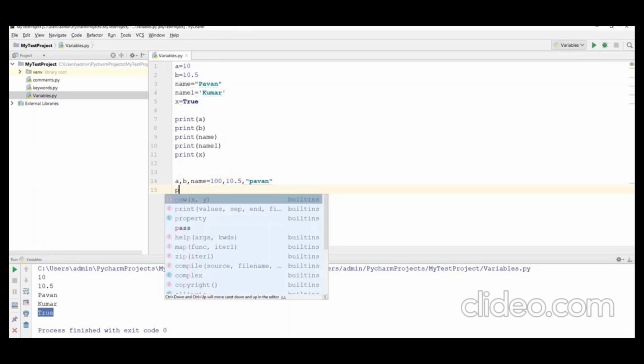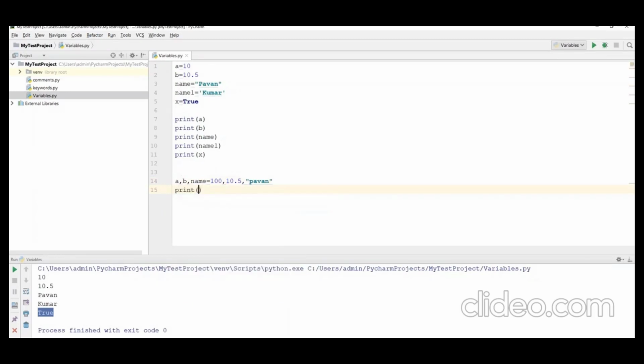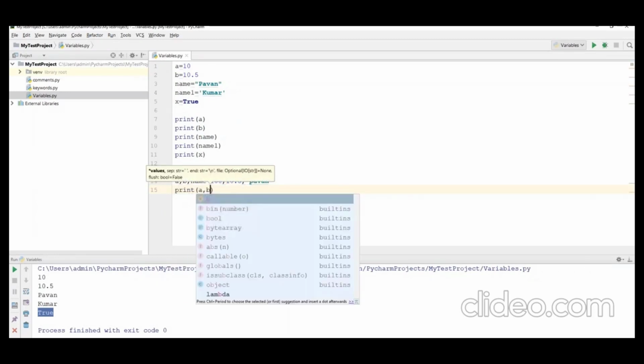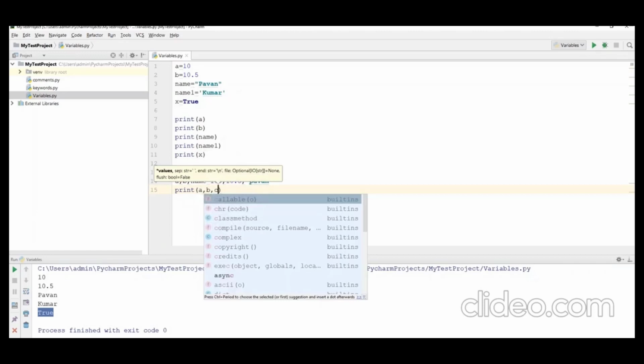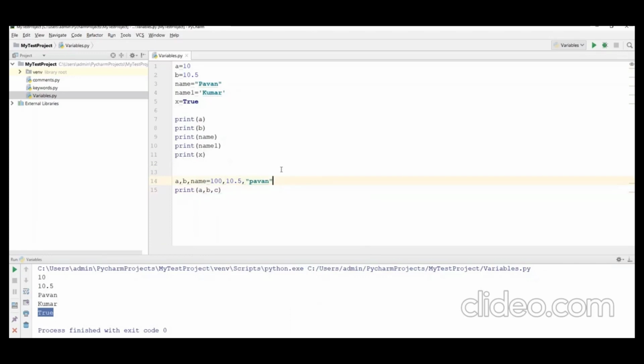Now we can directly print those values. Let's say print, and we can directly specify A comma B comma C. Now all the values will print one after another. Now this particular statement, okay, here I'm writing a comment.